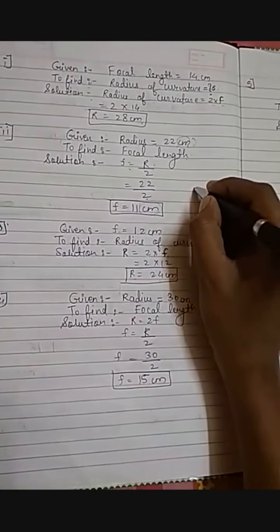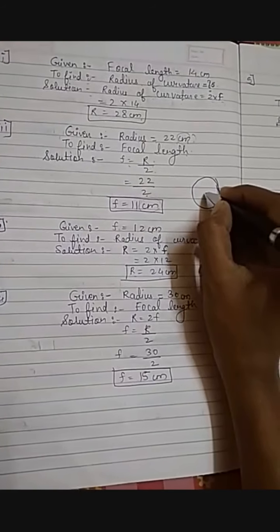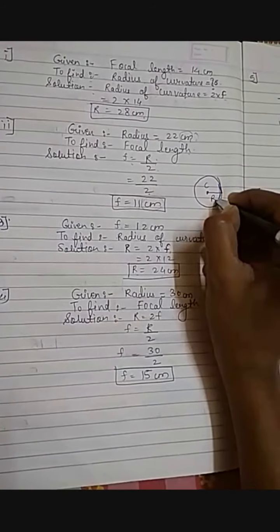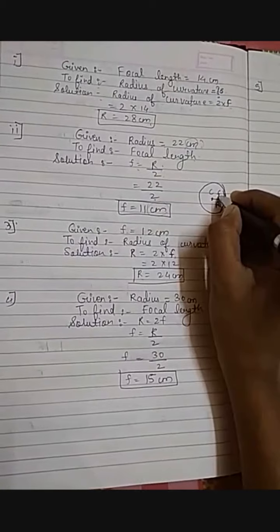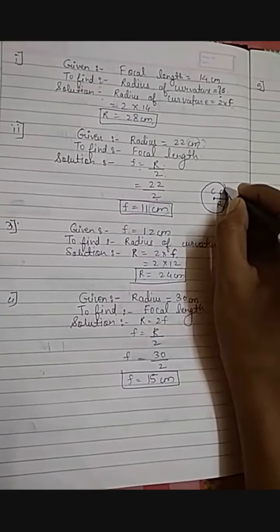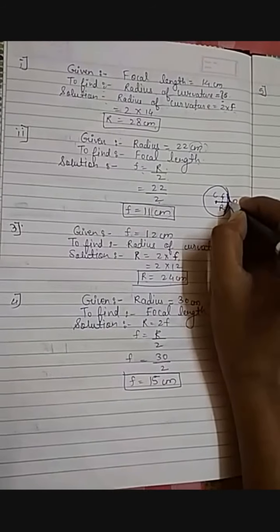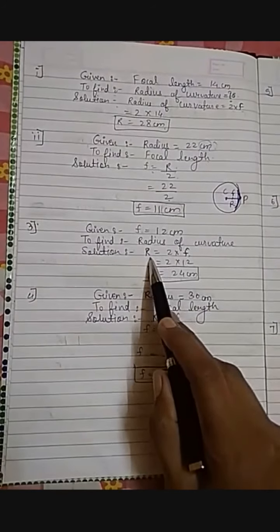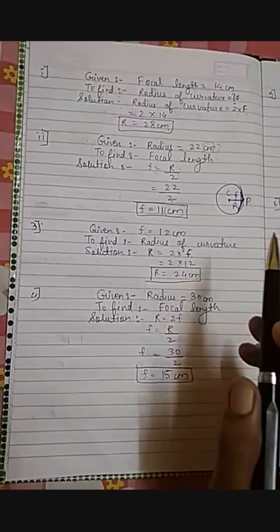We have seen this in the diagram, okay, where if this is the spherical mirror, this will be the center of curvature. This distance is radius of curvature, and focal length is half of the radius of curvature. This is the pole of the mirror, for example. So focal length is always half of radius of curvature. This we have studied in the ray diagram. So therefore radius of curvature is twice focal length. So 2 into 12 is 24 centimeter.